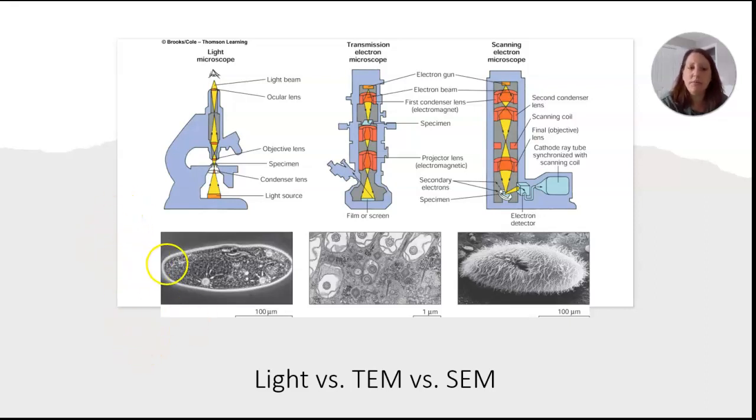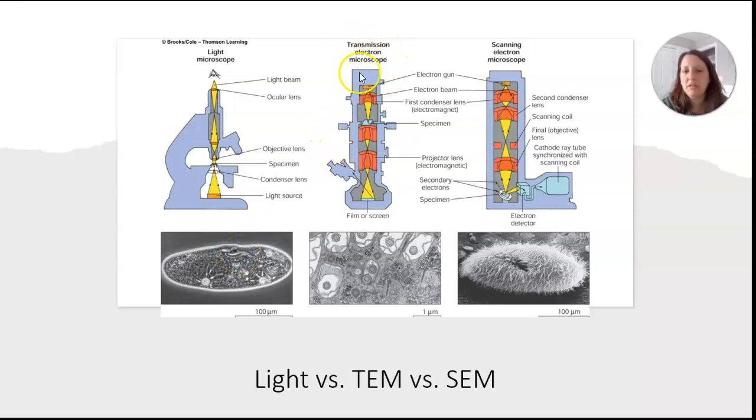The light microscope does a pretty good job, right? We can see the plasma membrane or the cell membrane. We can see some other structures in here, really prominent. This here and here, those are the contractile vacuoles. Those are used to pump water out so that this guy can maintain fluid balance. And that's pretty much all we see, right? This might be the food gullet here, but we don't see ultrastructure.